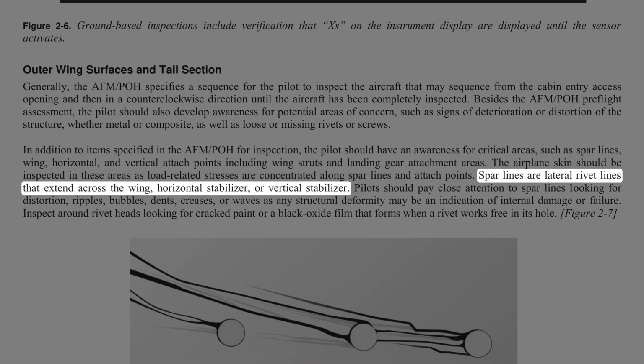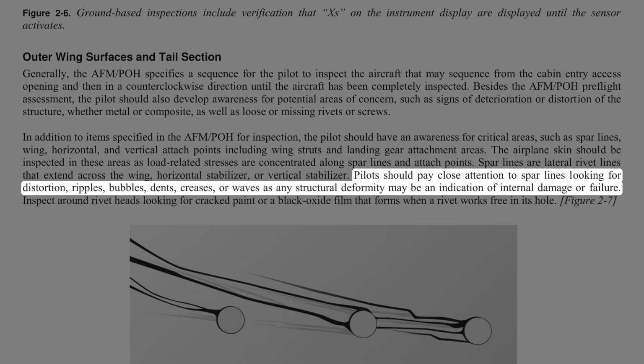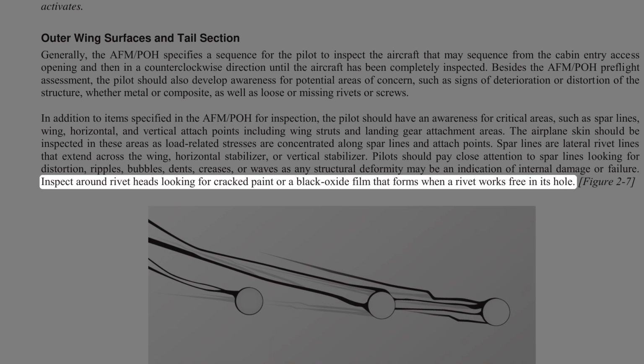The airplane skin should be inspected in these areas as load-related stresses are concentrated along spar lines and attach points. Spar lines are lateral rivet lines that extend across the wing, horizontal stabilizer, or vertical stabilizer. Pilots should pay close attention to spar lines looking for distortion, ripples, bubbles, dents, creases, or waves as any structural deformity may be an indication of internal damage or failure. Inspect around rivet heads looking for cracked paint or a black oxide film that forms when a rivet works free